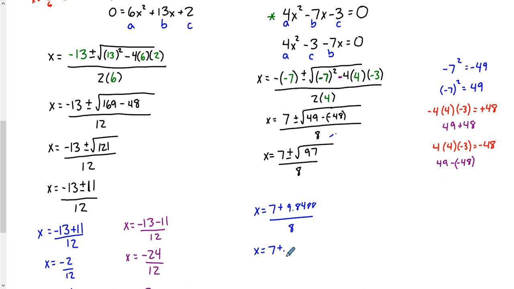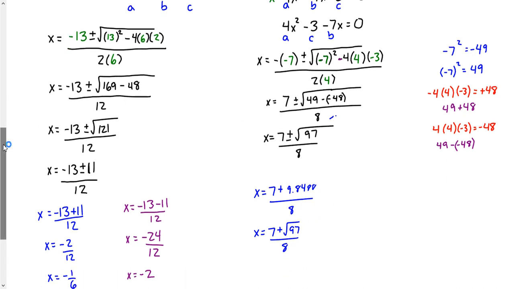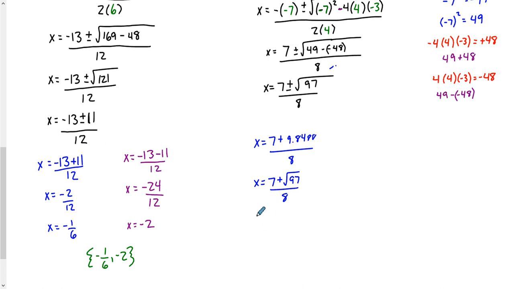Or my preferred method is I just write it like this. Either way is good. Because either way, we're still going to have to take 7 and add the square root of 97, which is 9.8488. So if we take those and add them together,